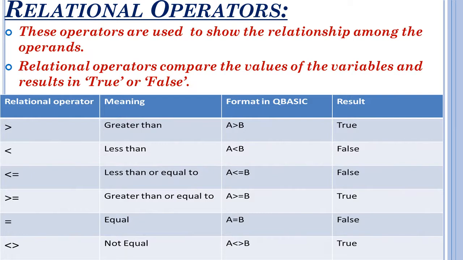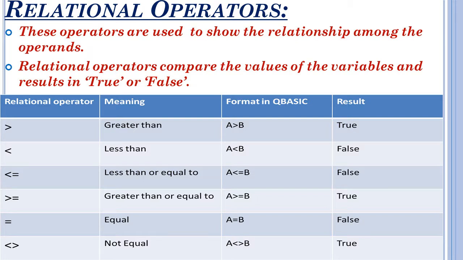You can see this table. All this you have learned in your 7th standard itself, right? This is about relational operators. Some of the symbols are greater than, less than, greater than or equal to, less than or equal to, not equal to. Also here is the format: how you will write one variable, the middle symbol and the second variable. You will give the values for the variables, for A and B. Based on that value, you will check and the result will be true or false, like that it will display.